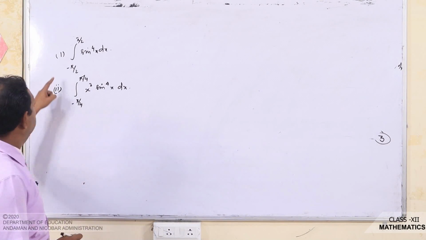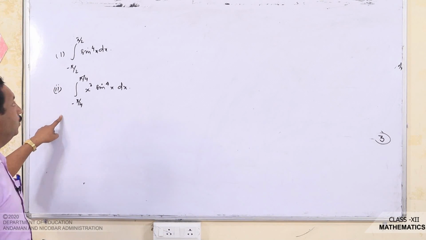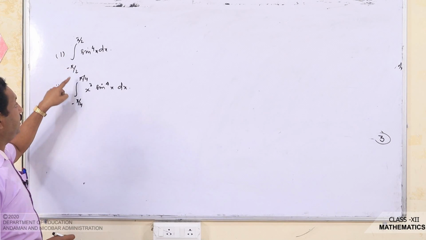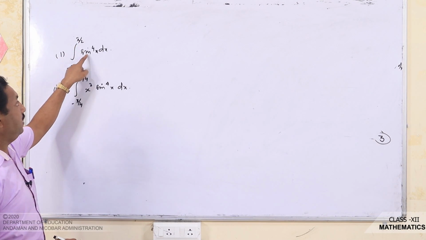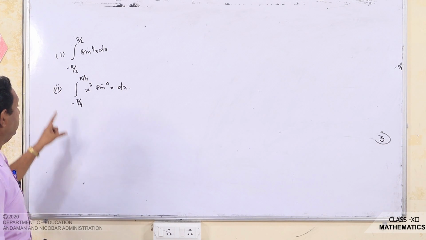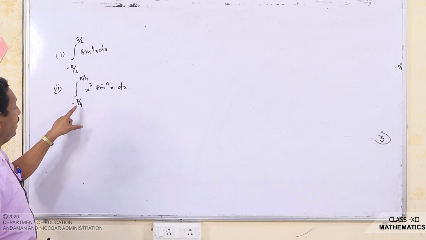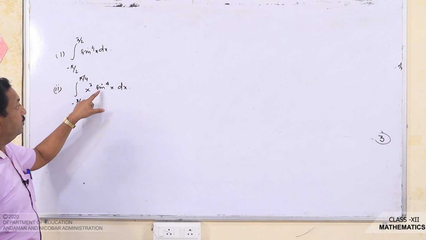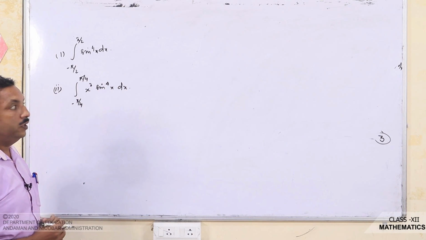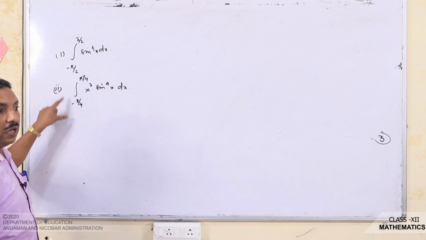Now look at these 2 problems. In the first one we have the integration from minus pi by 2 to pi by 2 of sin power 4x dx, and in the second problem you have minus pi by 4 to pi by 4 of sin power 4x. These 2 problems are